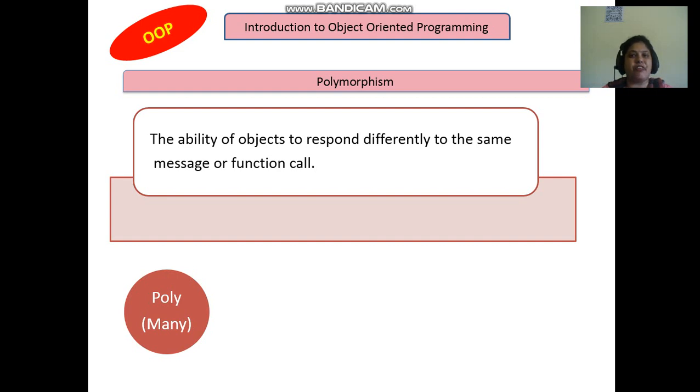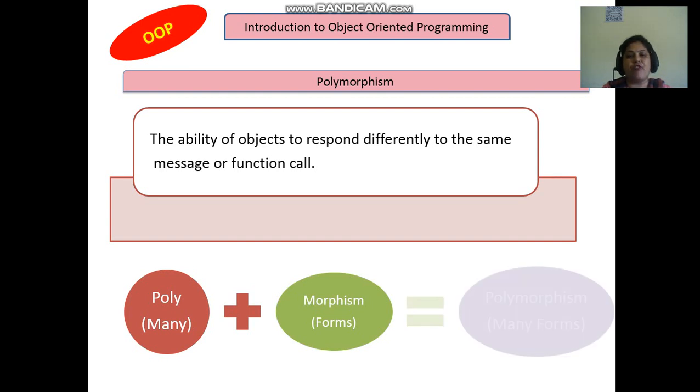So when I am playing differently, I will respond differently to the principal. Obviously, I will respond differently to you. I will respond differently to my daughter and son, and so on. So I am taking many forms. When anything is taking many forms, a single thing taking many forms is said to be polymorphism. So here the concept polymorphism means what? Poly means many and morphism means forms. When you combine one thing taking many forms, it forms polymorphism. This is a feature which allows object oriented programming to become much more effective.